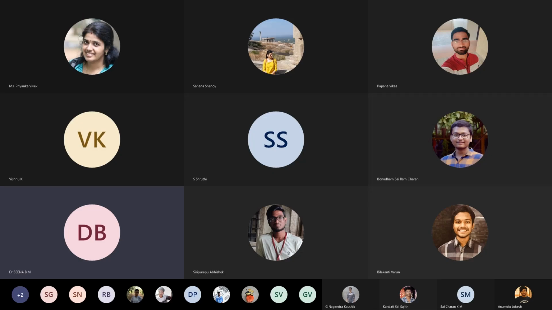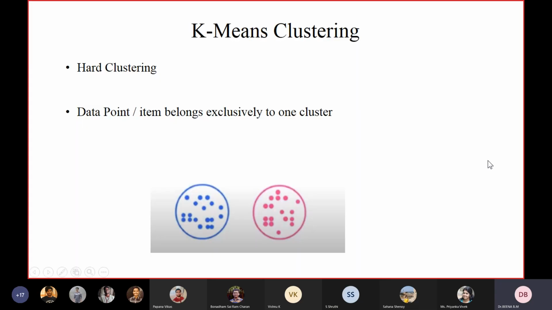Value of k. What does k indicate here? It indicates the number of clusters. Okay, here in this algorithm, first we have to decide the number of k in advance. We have to tell the algorithm in advance what is the number of k, that is how many clusters you are going to form in advance. So that is the main feature.